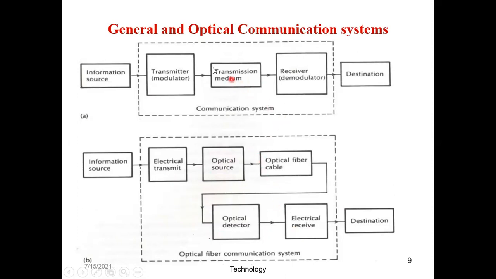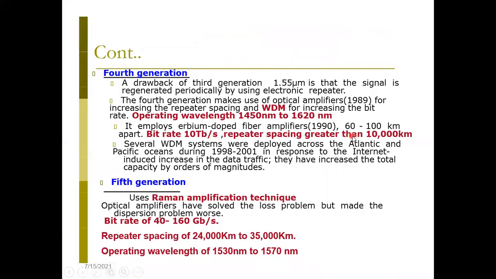Ma'am, from the 4th gen to the 5th gen the speed has decreased. Yes, the speed has decreased, but it is still faster compared to the others. Now see, why did the speed decrease? Because the dispersion problem came. What happens due to the dispersion problem? We will see. The wave is dispersed.